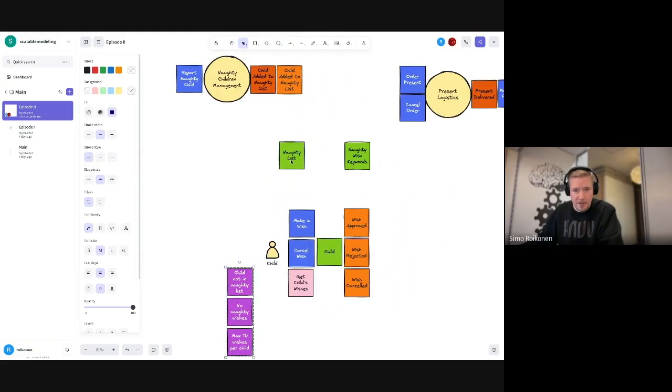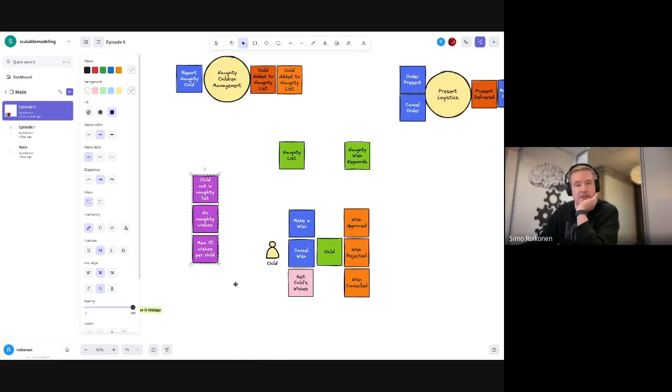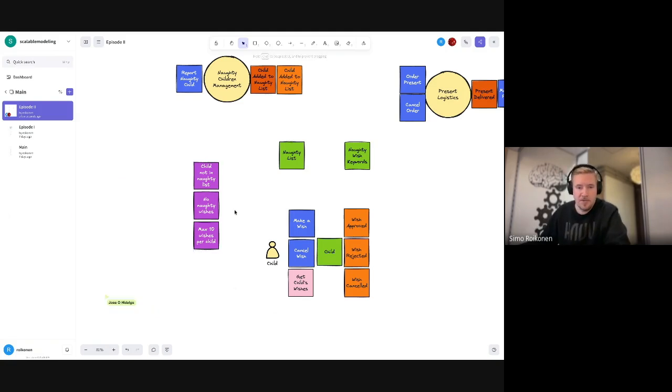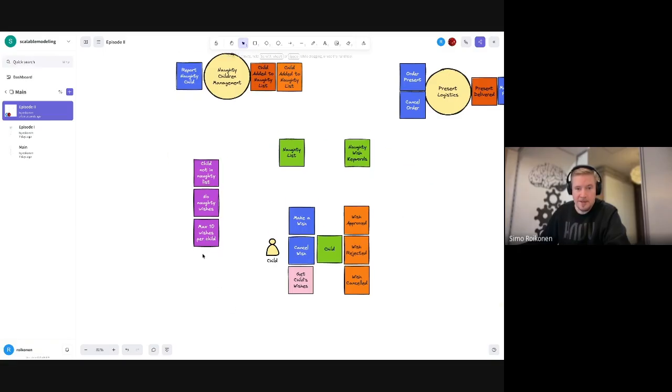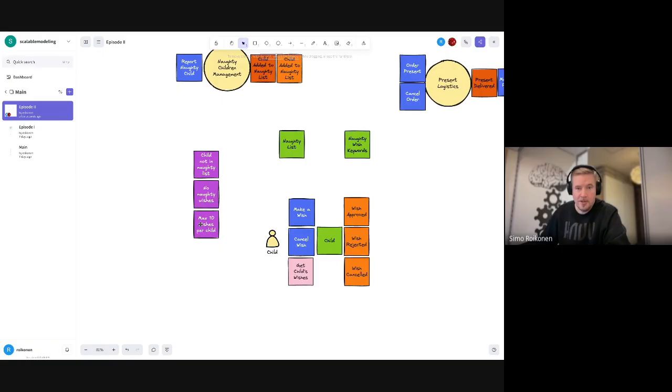So we have a naughty list. We have naughty wish keywords. And there's still something we haven't touched: the policies. So we should somehow make sure that when the wish is made, we check through all of these policies. Something that we can definitely do in the command handler